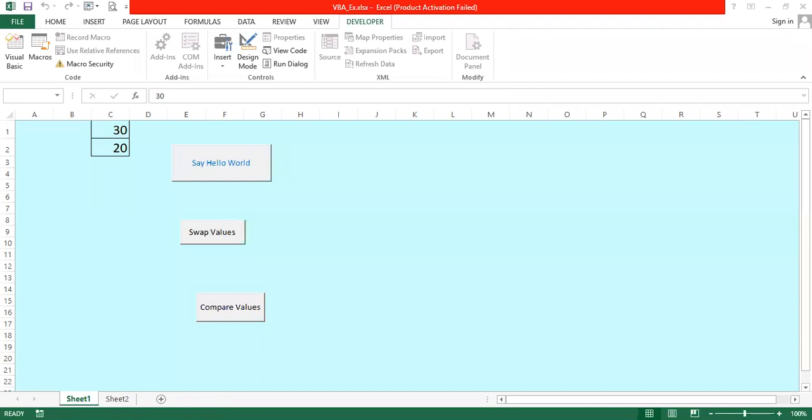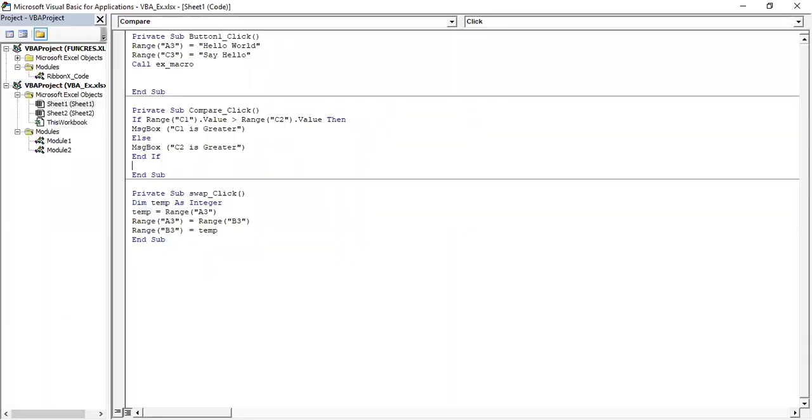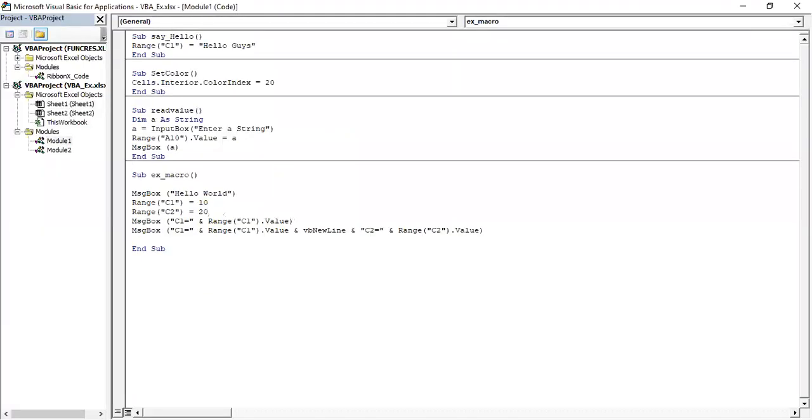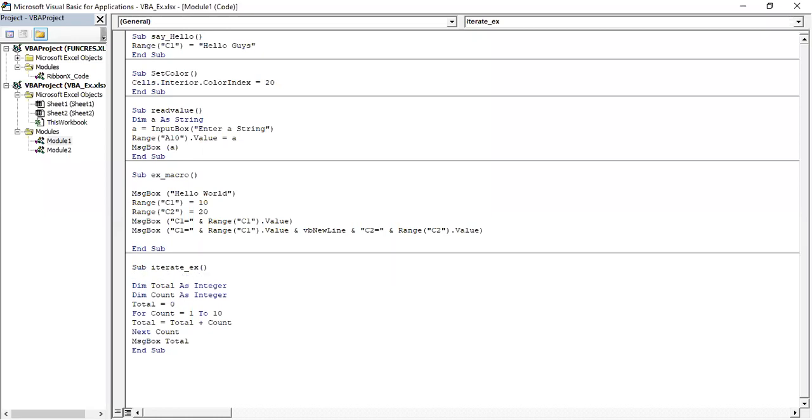I'll take this first. I'm writing a subroutine, iterate example.